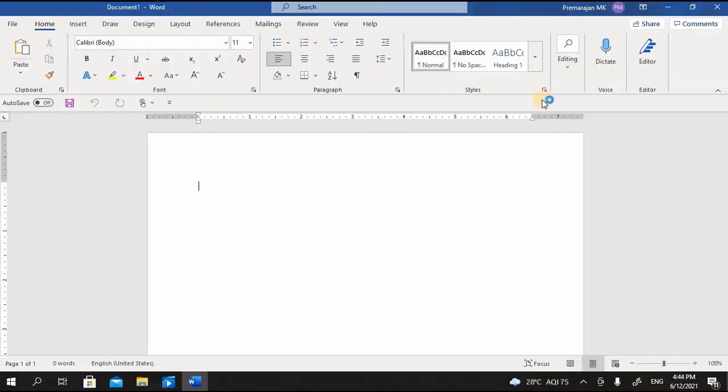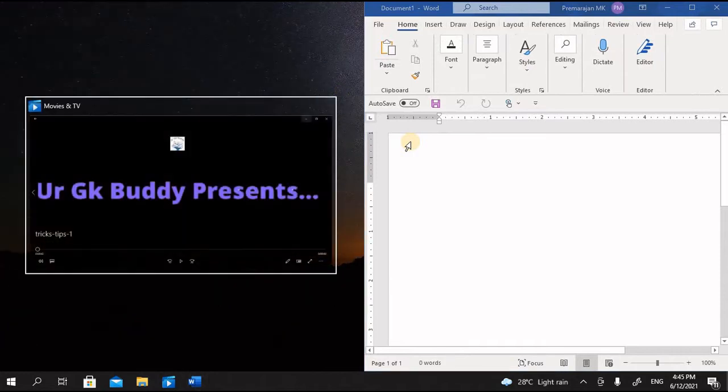Suppose you want to access two utilities at the same time. I have opened a blank Word document like this. Now I want to open an internet site, say the Wikipedia site of FIFA World Cup, and copy a few parts from it to the Word document. I can split the screen by pressing Windows plus right or left arrow like this.